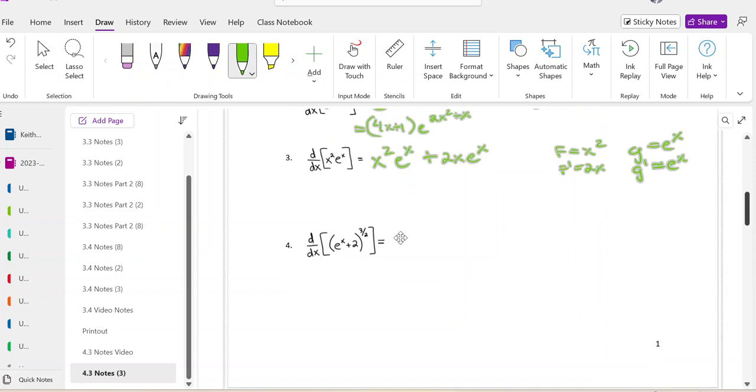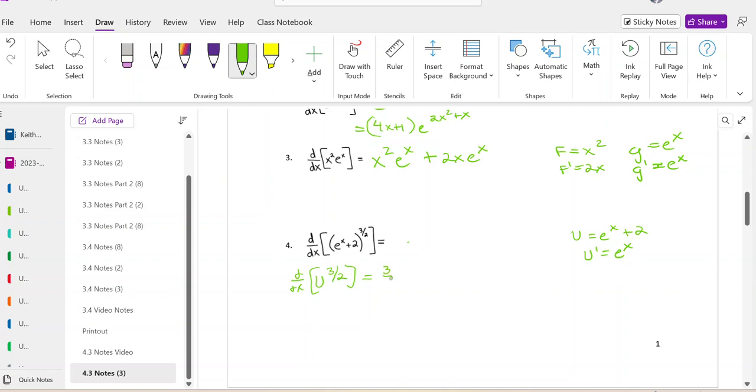This next one is a chain rule. It is u to the 3 halves. And so u is e to the x plus 2. U prime is e to the x. So therefore, when you take the derivative of u to the 3 halves, it's going to be 3 halves u to the 1 half times u prime. So that's 3 halves e to the x plus 2